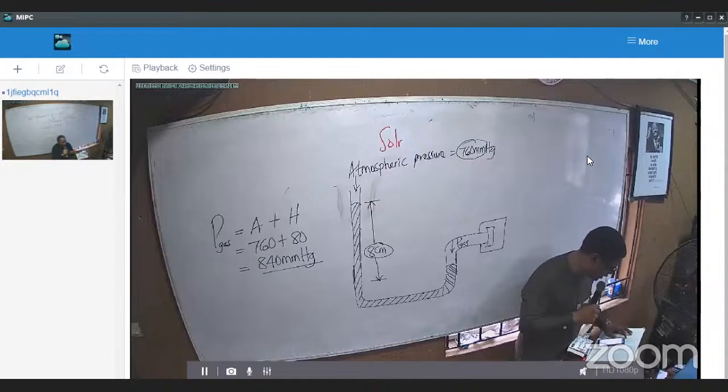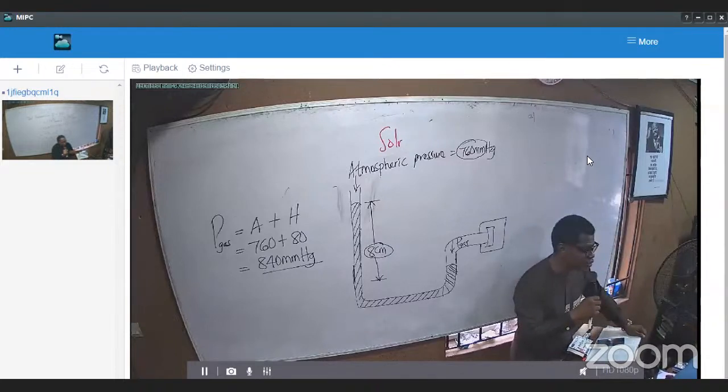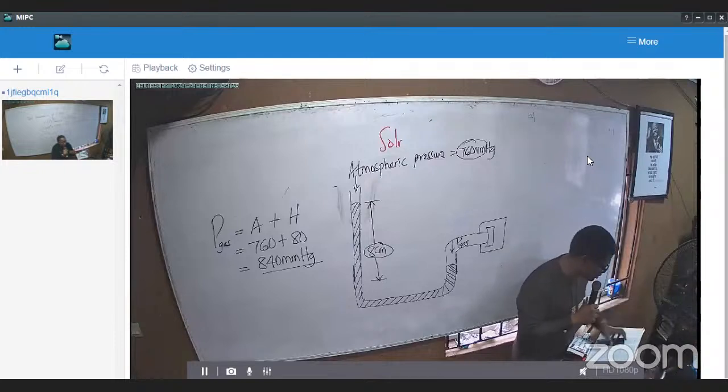is 1.0 times 10 power 5 Newton per meter squared,